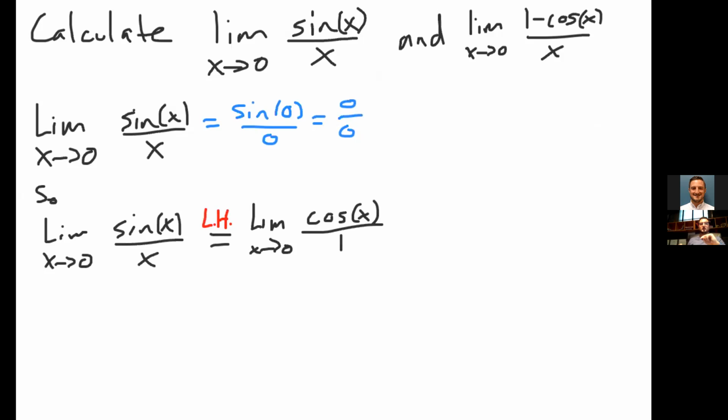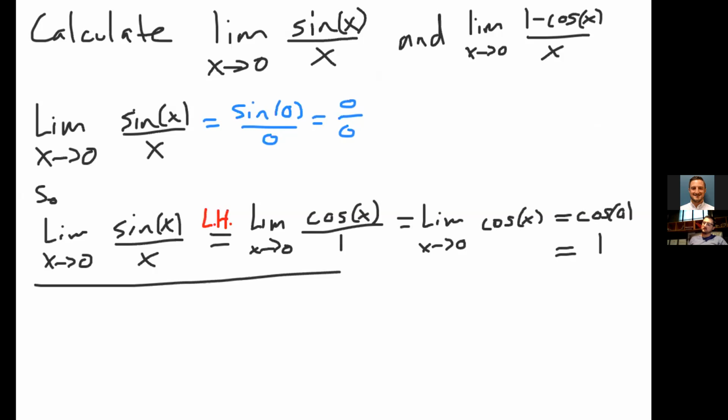a good old 1. Which means really I'm just considering the limit as x approaches 0 of cosine of x. And I can just plug in 0, and cosine of 0 is 1. And so the limit as x approaches 0 of sine of x divided by x is actually 1. This value is approaching 1. And similarly for